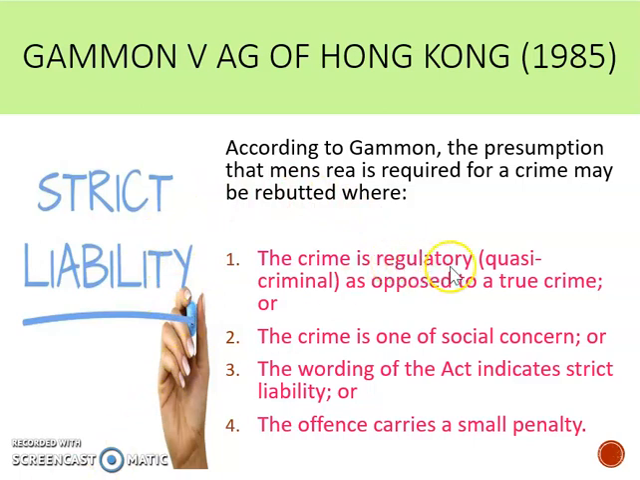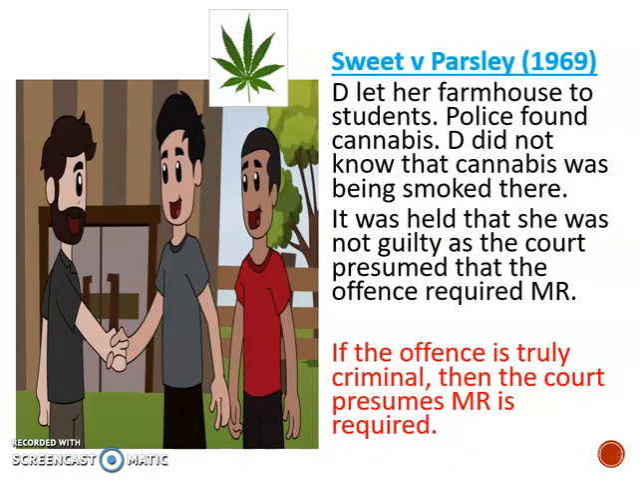So if the crime is regulatory, and we call that quasi-criminal, so it's sort of a minor offence, it's one of social concern, the wording of the Act suggests it's strict liability, or the offence carries a small penalty. And often some of these will overlap, you'll have several of them. So if we have a look at the Gammon rules then, by looking at some cases, we've got